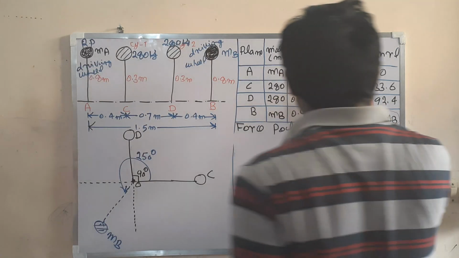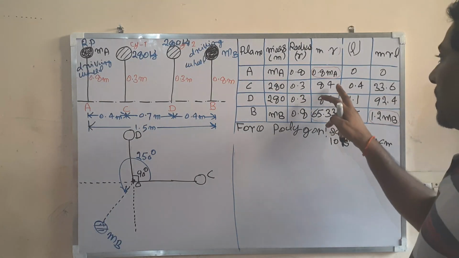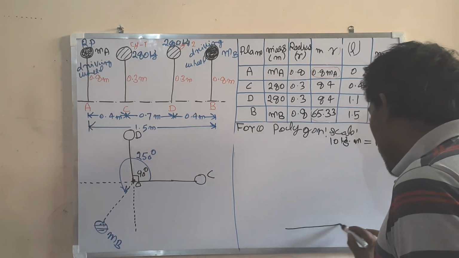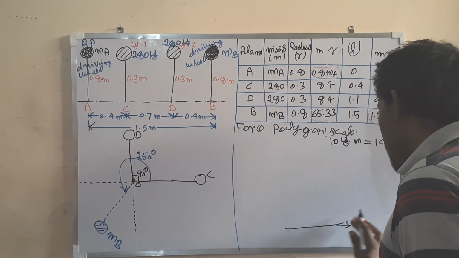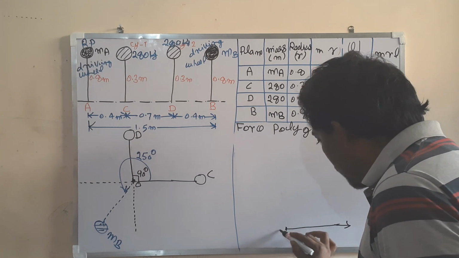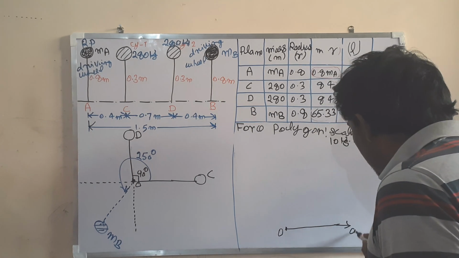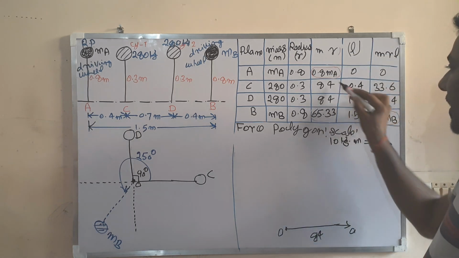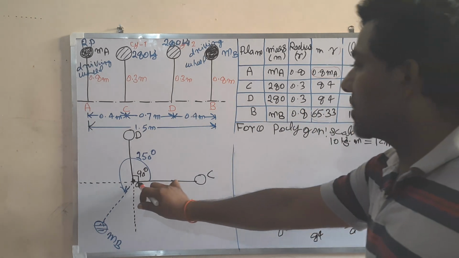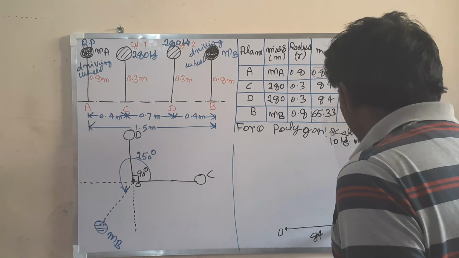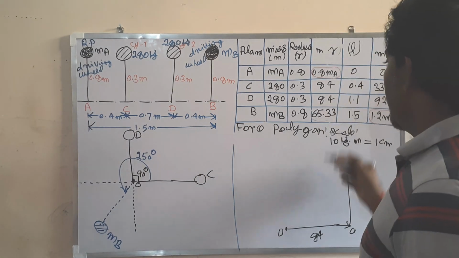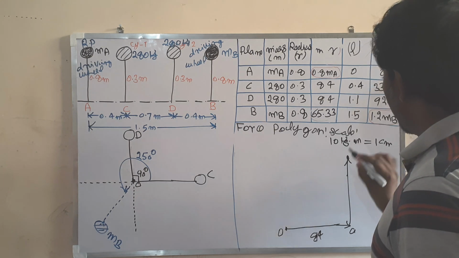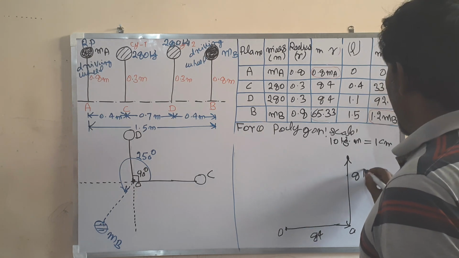So this is unknown, let us leave it. First you start from here, 84. In scale you have to draw this. Say this is O, and this is A, so this is 84. Then you draw D. What is the direction of D? Vertically upward. In scale you have to go vertically upward, and this is the same 84.